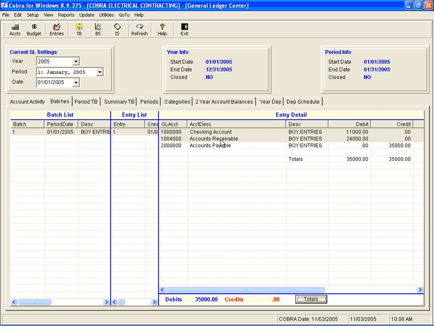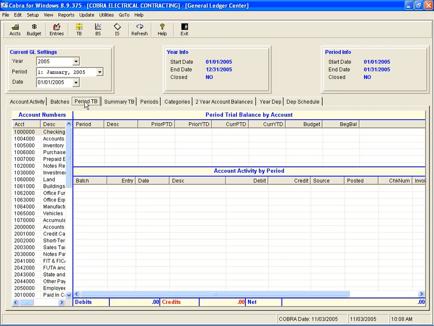So if you're trying to problem solve, for example, you can do these kinds of neat things. Let's see what else happened. If we go into the period TB tab, I use this all the time so I don't have to print stuff out, and I can hone in on individual accounts and problem solve them all from this screen. So for example, if I wanted to see how things affected my checking account, I can double click on that